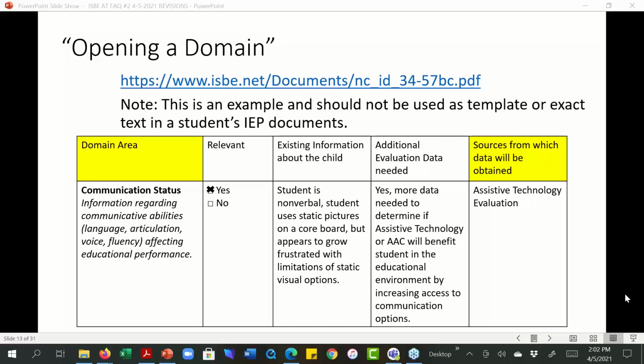Amy, the gray area that I think often confuses people, and I think you've done a wonderful job of clarifying for the participants what it means to open a domain. The gray area is sometimes a child may have been receiving specially designed instruction for some time before assistive technology is considered. And those are often the kids with more academically based disabilities like reading or writing. And so that's one of the questions.